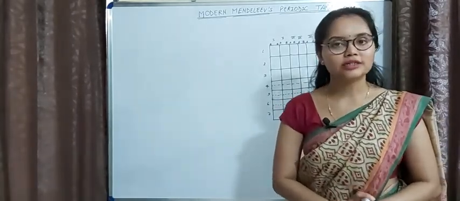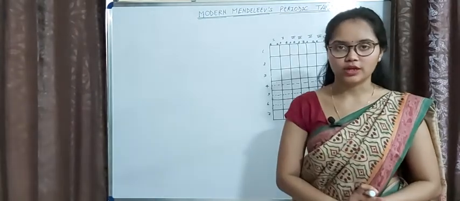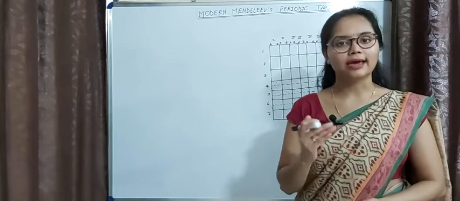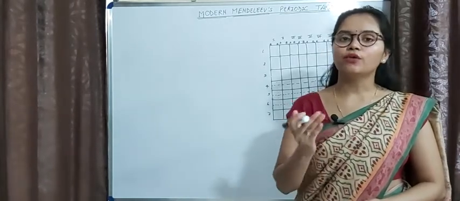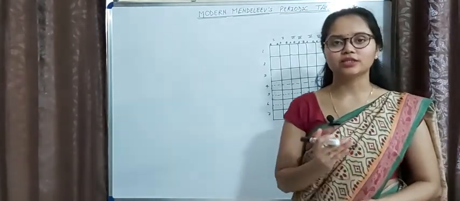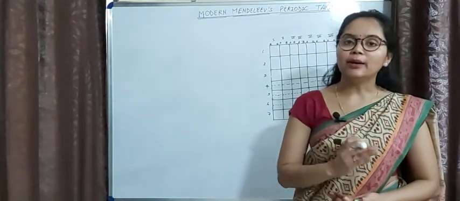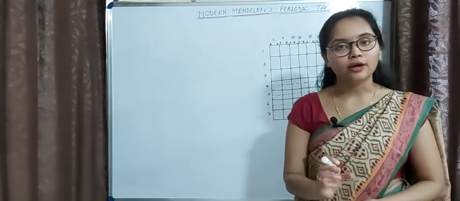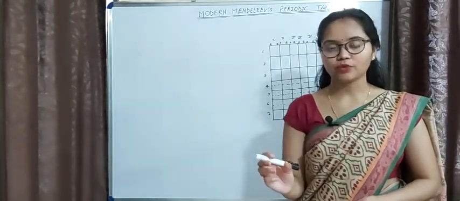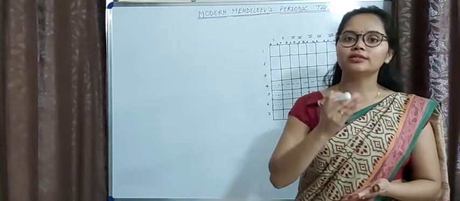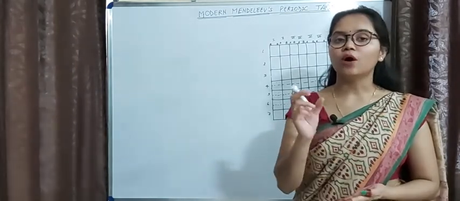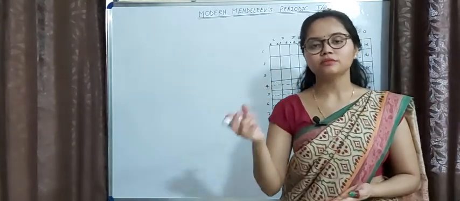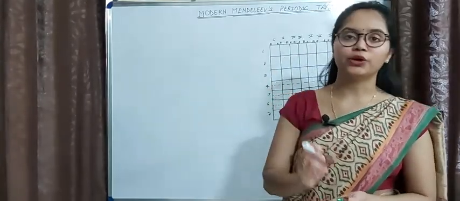Actually, there was a scientist whose name was Moseley. He did a very successful experiment using X-rays, and as a result of his experiment, he suggested that the fundamental property of any element should be atomic number, not atomic weight. So on the basis of his experiment, and to avoid the defects present in the Mendeleev periodic table, Mendeleev's periodic law was modified.